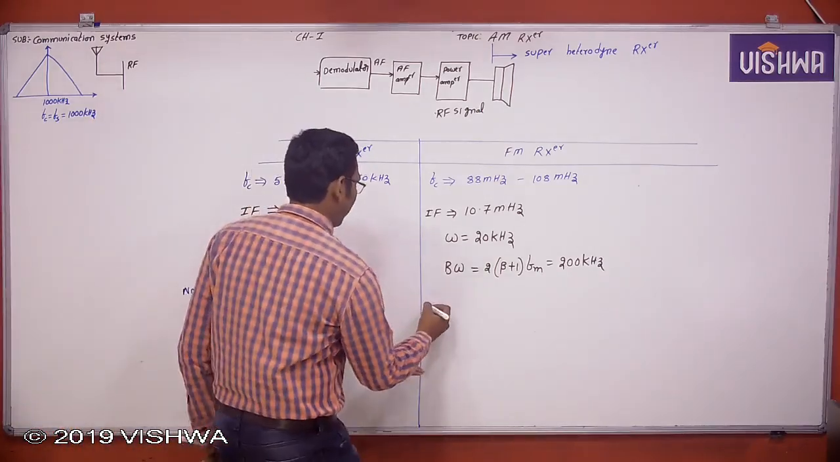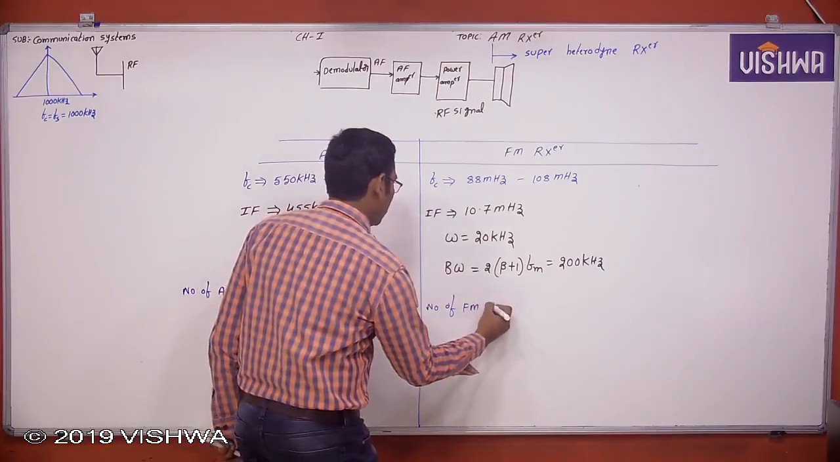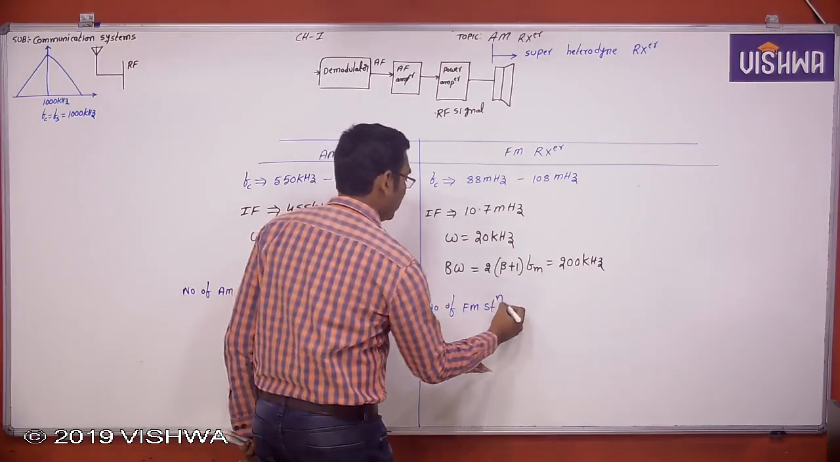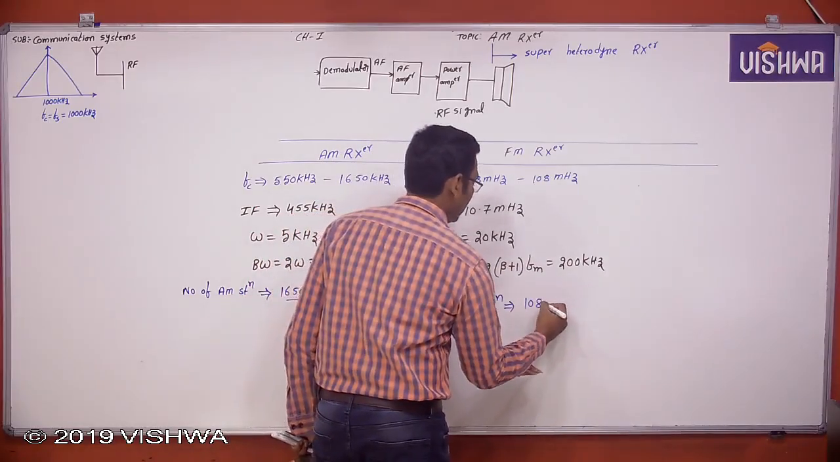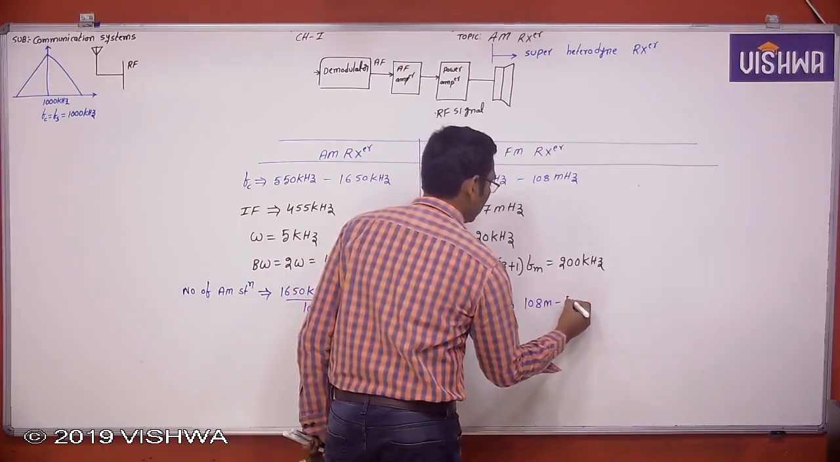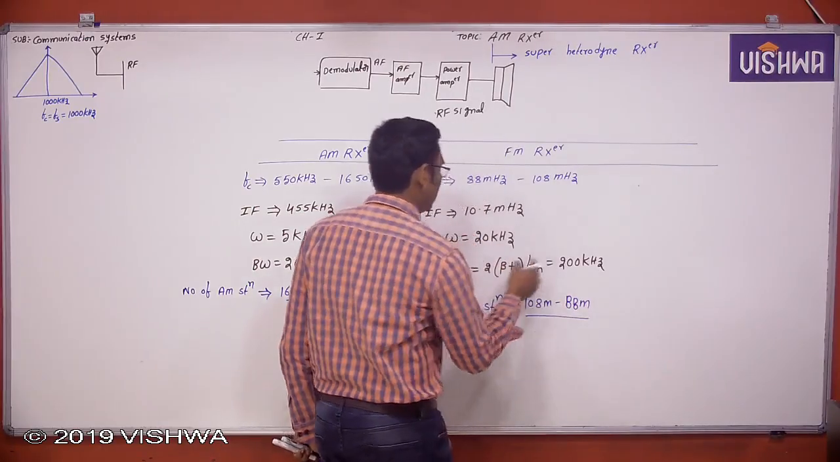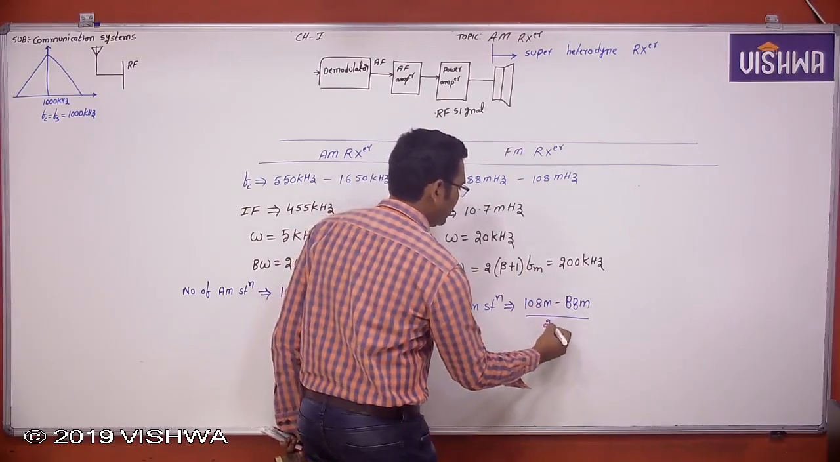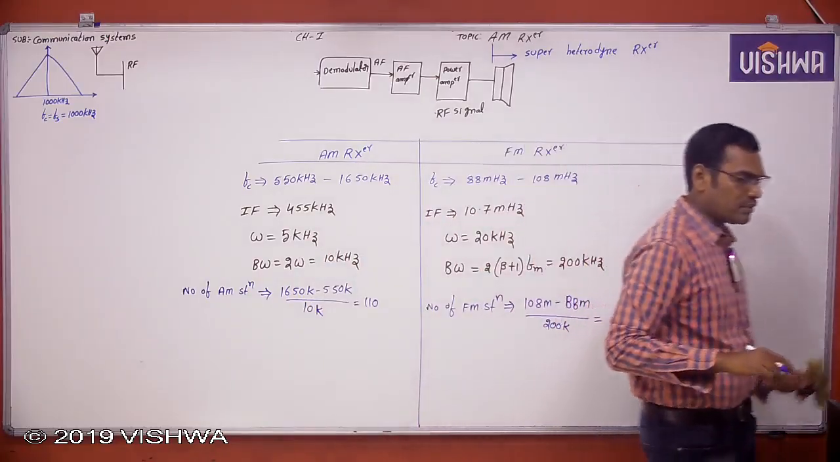So the number of FM stations within this particular carrier frequency range is 108 megahertz minus 88 megahertz, divided by each FM station bandwidth of 200 kilohertz. So the number of FM stations are